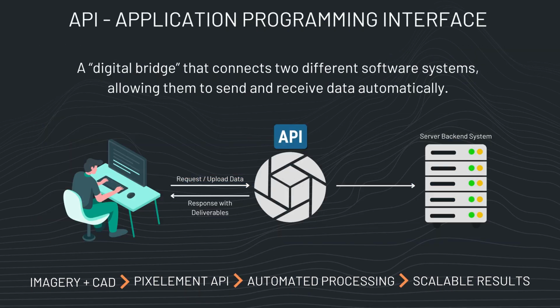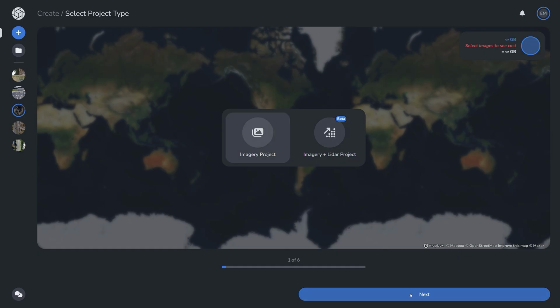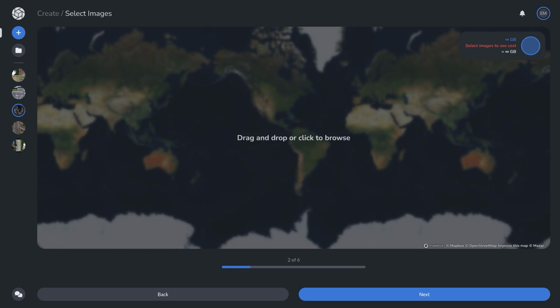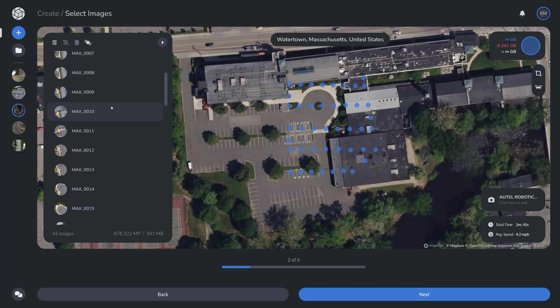An API, or application programming interface, is like a bridge that allows two different software systems to talk to each other and work together. Think of it as a translator that makes it easy for one program to ask another program for information or services, even if they're built differently. The PixElement API works like this bridge, connecting your existing tools or applications to PixElement's aerial imagery processing and mapping features. Instead of manually uploading your data, clicking through menus, or downloading files, the API allows your system to handle